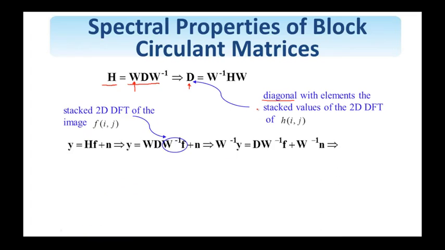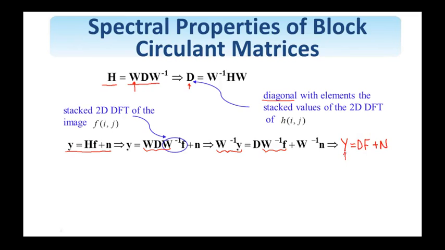So then, if I start with the observation equation as shown here, I substitute the value of the decomposition of H here, and then I pre-multiply with W minus 1 to obtain this. So W minus 1 Y represents the stacked values of the two-dimensional DFT of Y, and similarly W minus 1 F represents the stacked into a vector values of the two-dimensional DFT of F. So in other words, this equation is equal to Y equals D F plus N,